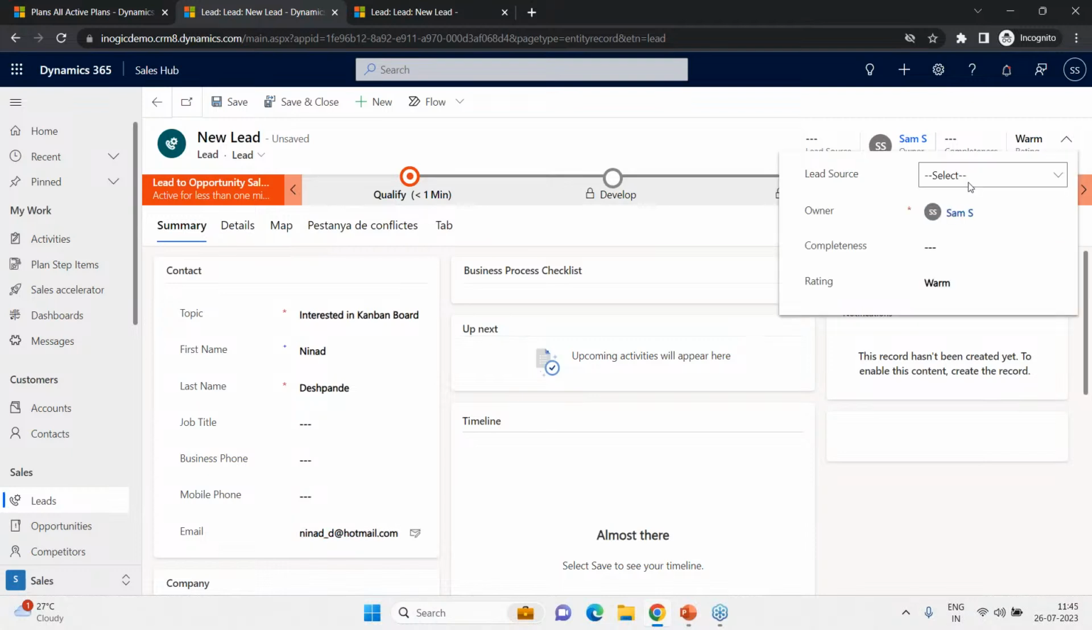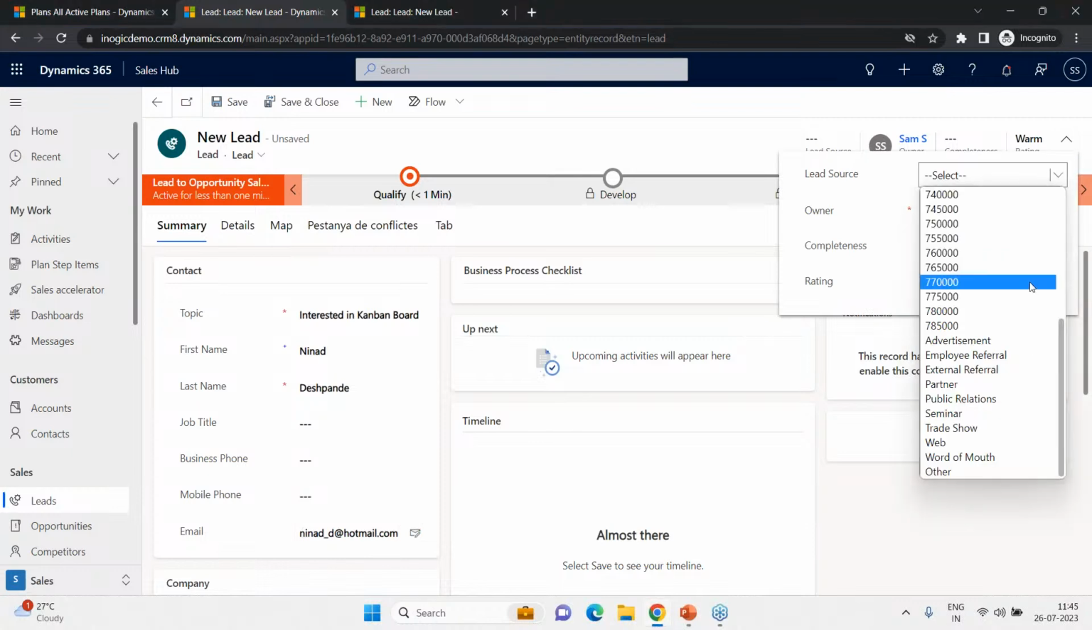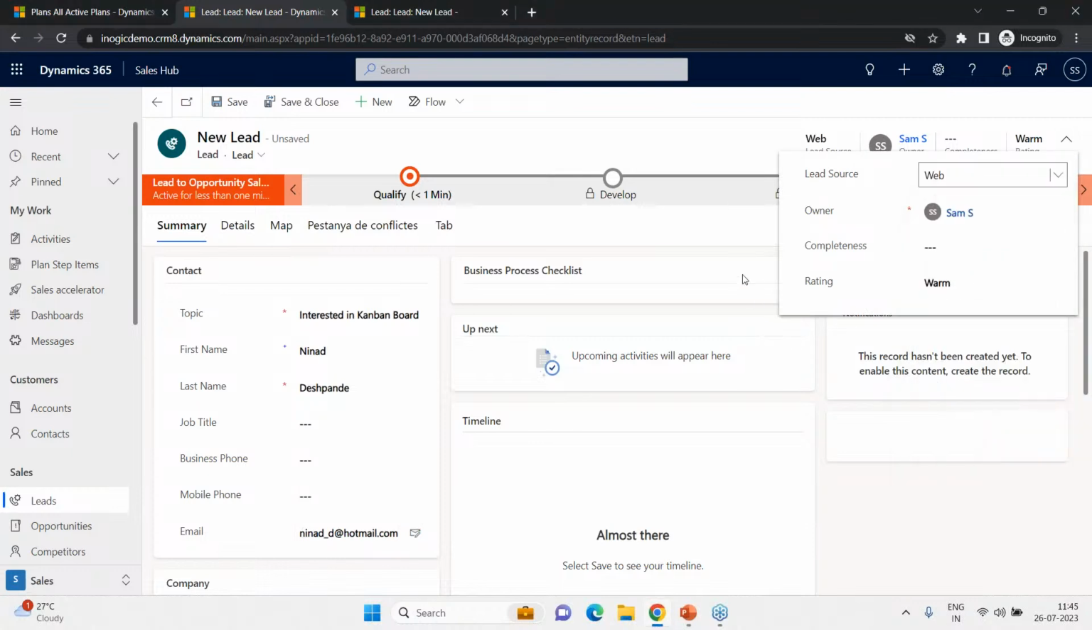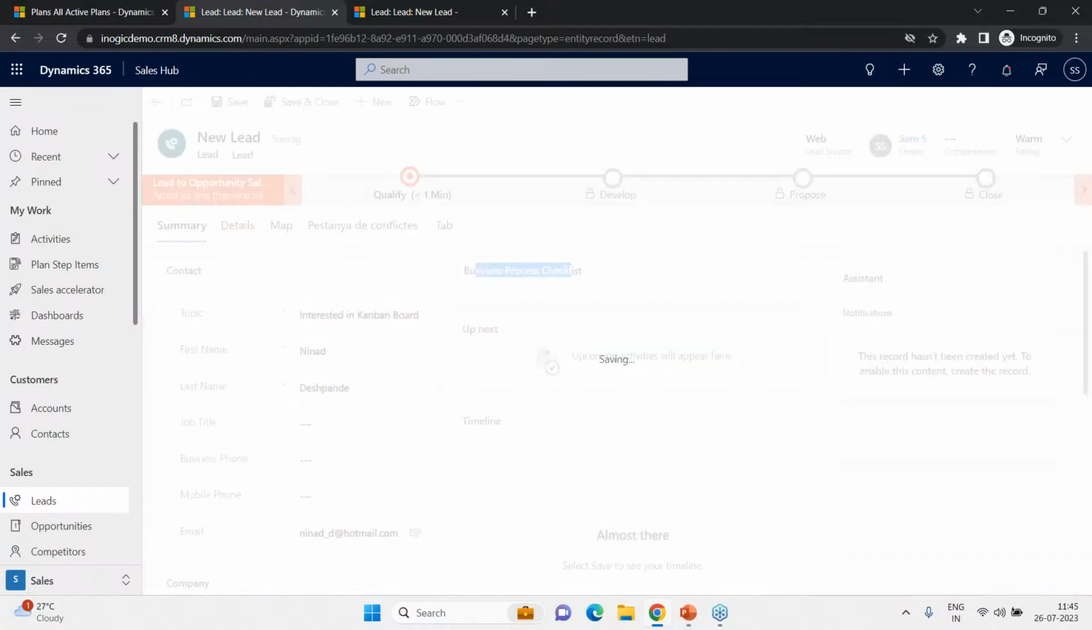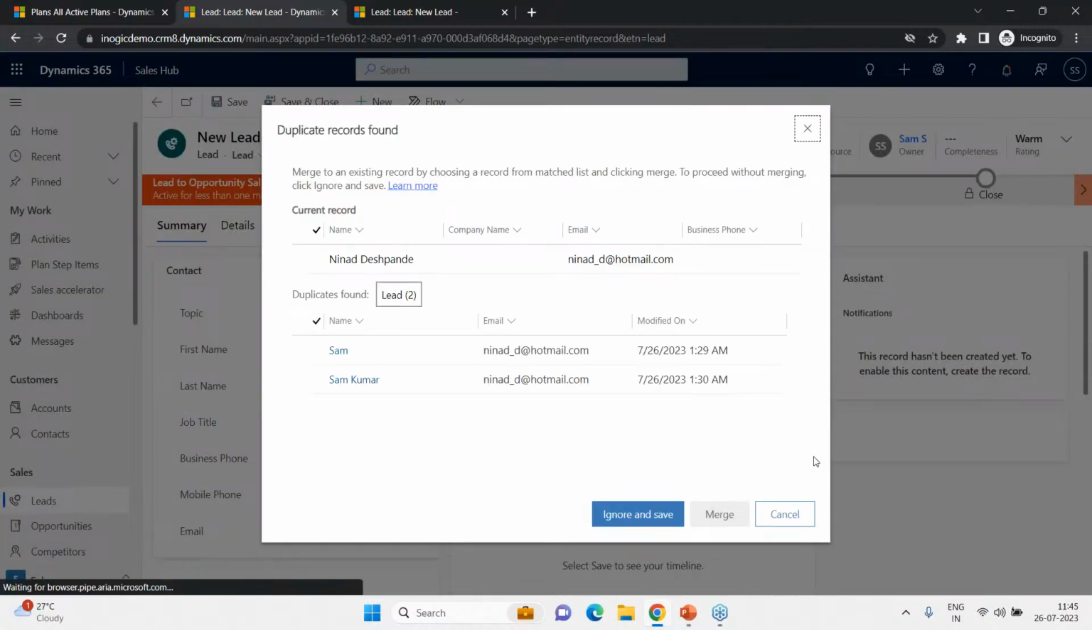And as I was mentioning, I've just applied a condition where I am selecting the lead source as web. Now, let me just save this lead and observe certain changes that will happen under the business process checklist section. So let me just hit on save. Now, ideally, what happens in the real world